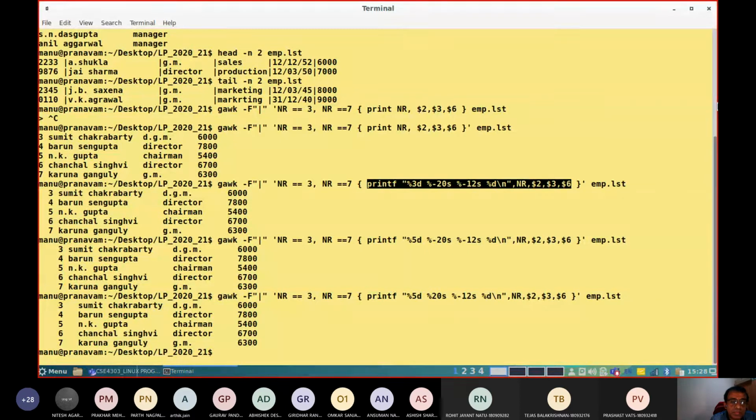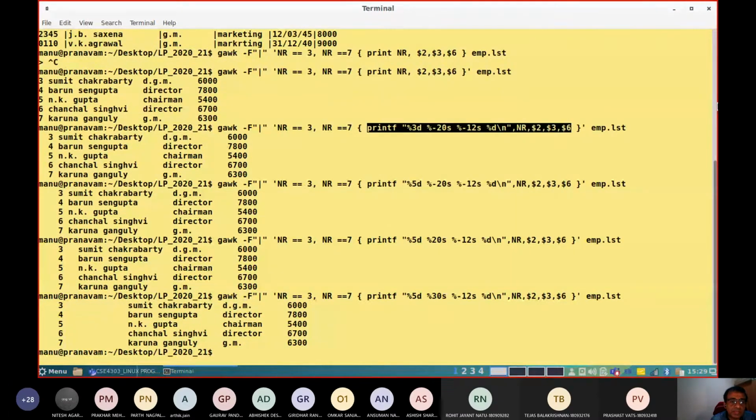The space is moved again, and you can change that value also. If you change that to 30, yes, look into the way in which the name is printed. In this way, you can format the output of text processing by using C language syntax.